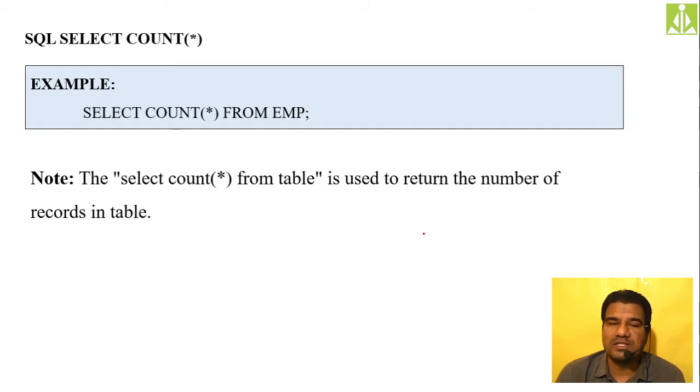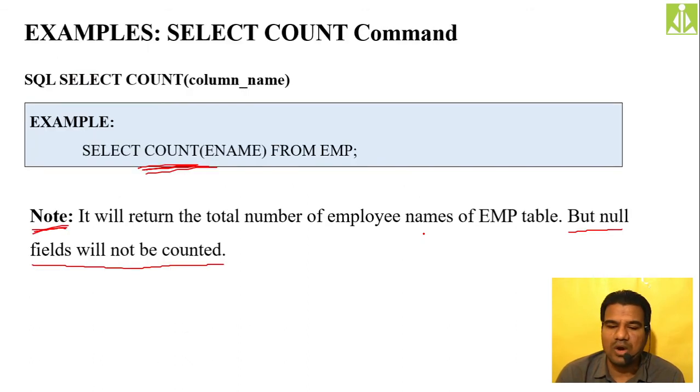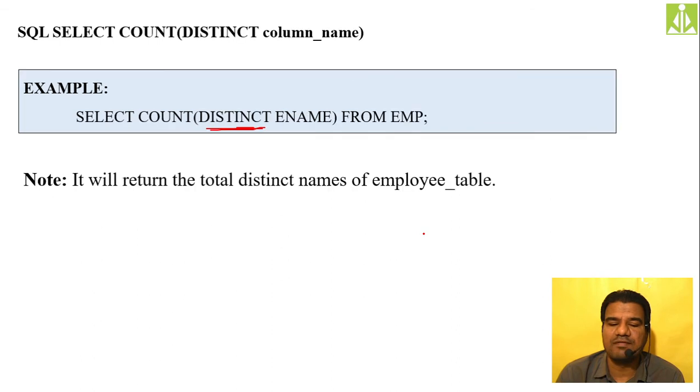To avoid that, instead of taking a particular column inside your count function, we are keeping star. Star will take all the column entries, it will count all those records, and it will display the perfect count on the output screen. So count with column name, then count star, and finally count with distinct column name. If you don't want to count the repeated values and want the distinct entry count, simply go with count of distinct column name.